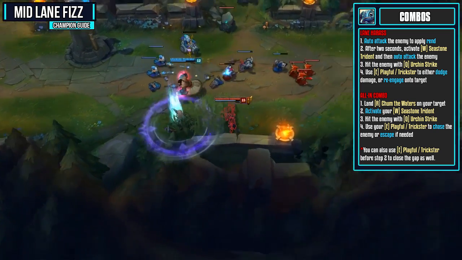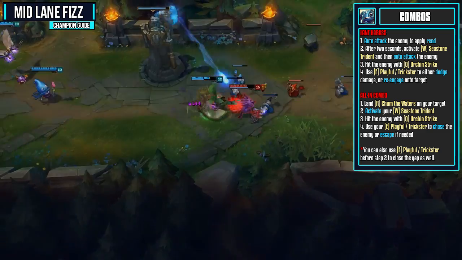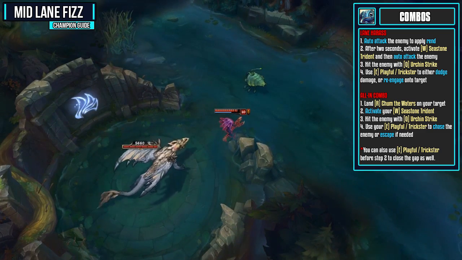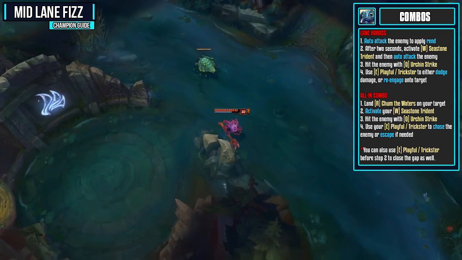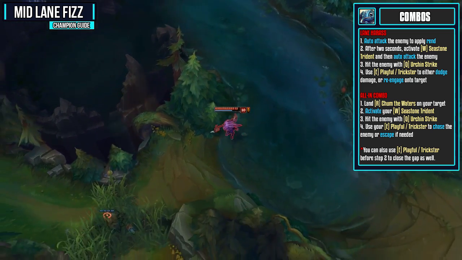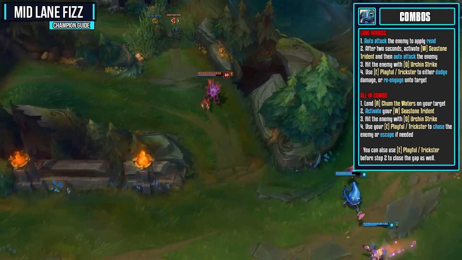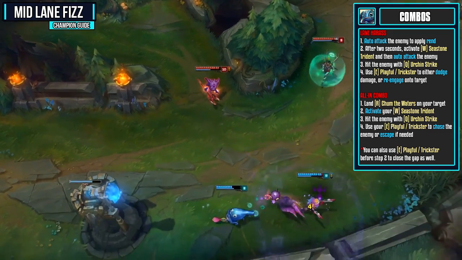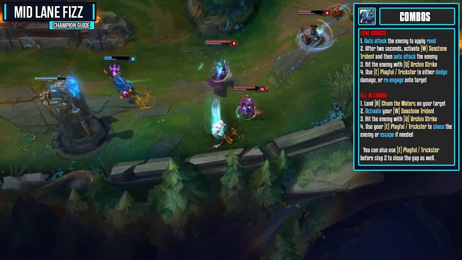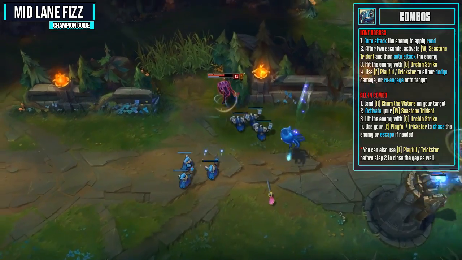Then finally, use your Playful and Trickster to either dodge damage or re-engage onto the target. For our all-in combo, we first want to land our Chum the Waters on the target. You'll then want to activate your Sea Stone Trident and hit the enemy with your Urchin Strike as soon as the shark lands. This will be 2 seconds, and therefore you will get that max damage from your Sea Stone Trident. Then finally, use your Playful and Trickster to chase the enemy or escape if you do need to. You're also able to use your Playful and Trickster before step 2 to close the gap as well